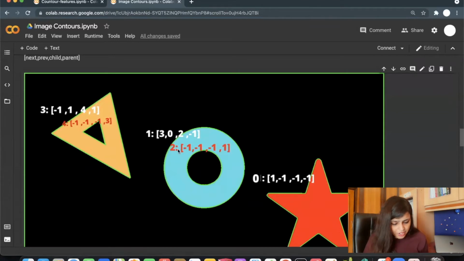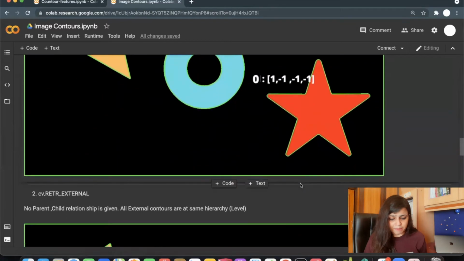And this child contour, the second contour, will have -1 -1, no next, no previous. It has no child, and the parent will be 1. And for the last contour, its next is 1, and there is no previous. The child and parent will be -1 and -1.